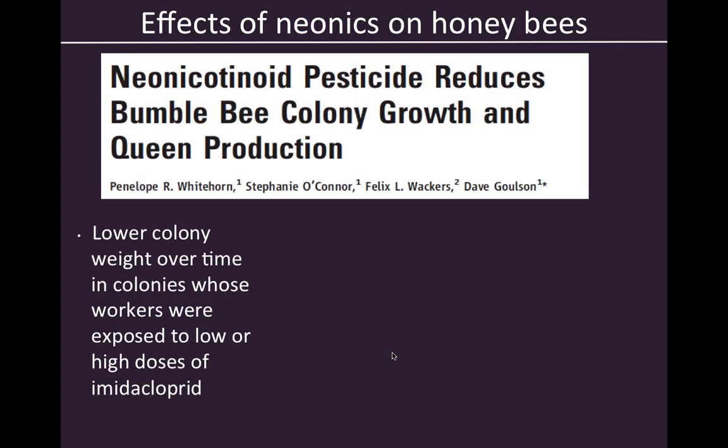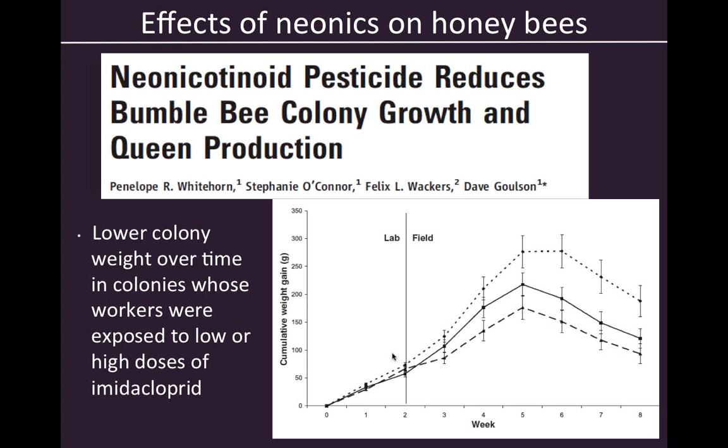Another very recent study, though, shows that neonicotinoid pesticides reduce bumblebee colony growth and queen production. So this is one of the first ones that we really want to see out there showing us true results. This study took bees, but again, this is a problem. They fed bees individually with a pipette, and they fed them either clean sugar syrup or sugar syrup that was contaminated with either low, so we have here clean sugar syrup, and then low in the solid line and high in the large dashed line, levels of imidacloprid